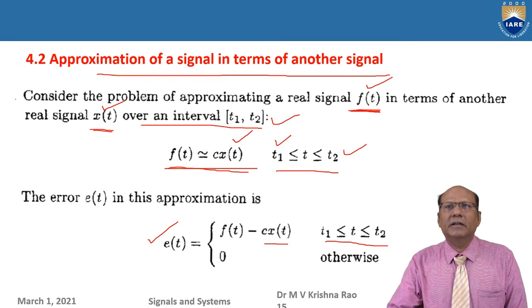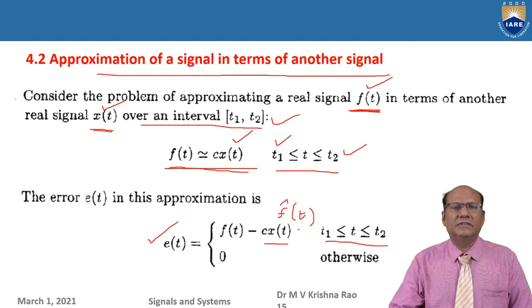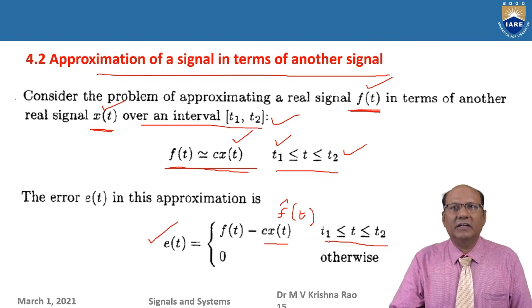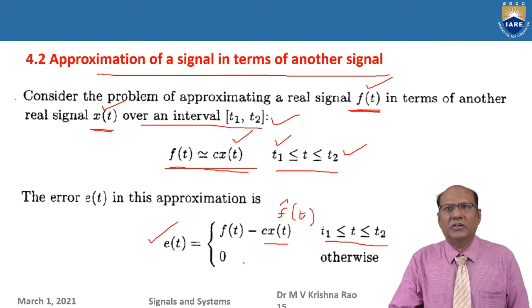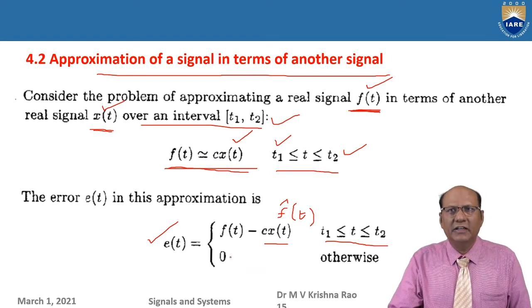So this is nothing but f cap of t. So f minus f cap of t. So this is nothing but the error vector. Otherwise, outside that, it is 0. That means you don't know actually. You should not say that it's 0. It is not defined basically. You can say that it is not defined. The definition of this error